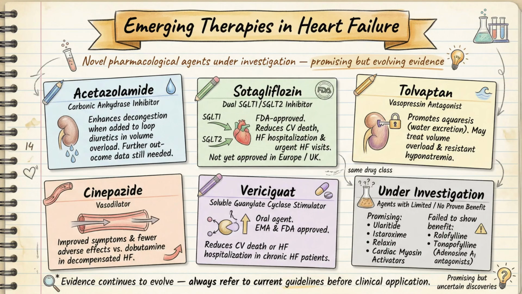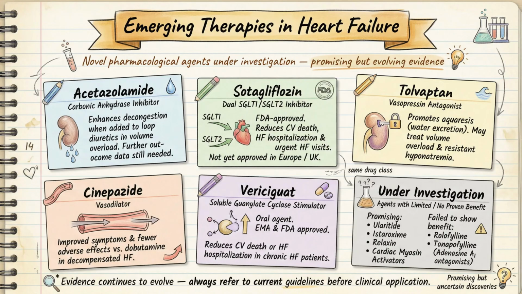Tolvaptan, a vasopressin antagonist, promotes aquaresis, water excretion, may treat volume overload and resistant hyponatremia. Cinepezide, a vasodilator, improved symptoms and had fewer adverse effects versus dobutamine in decompensated heart failure. Vericiguat, a soluble guanylate cyclase stimulator, oral agent, EMA and FDA approved, reduces cardiovascular death or heart failure hospitalization in chronic HF patients. And a number of agents remain under investigation, some promising, like